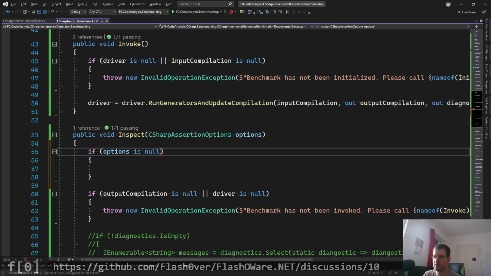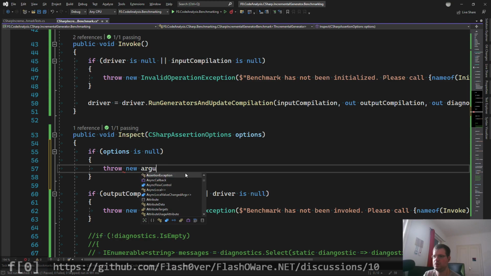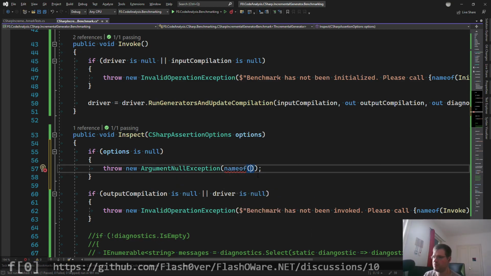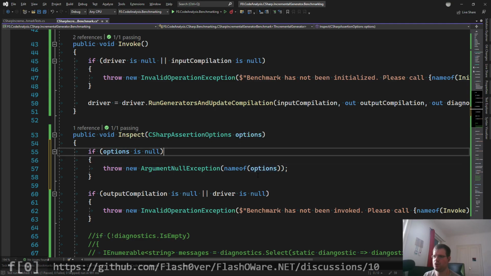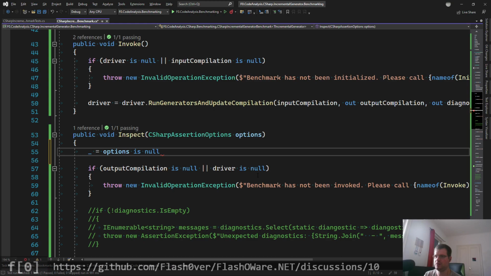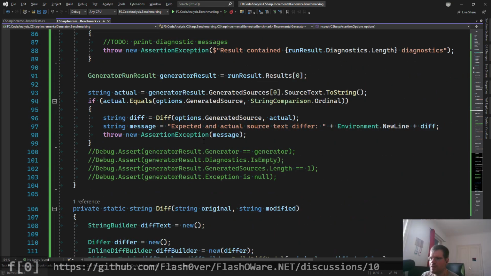If it is null, throw new argument null exception with name of options. There's a shorter version of this with a discard. Actually, if it is null, then throw. Yes. Okay, now the warning goes away, but it